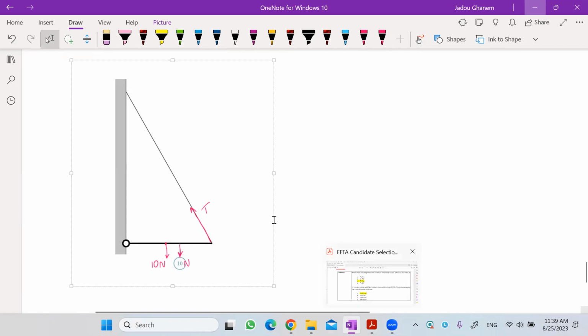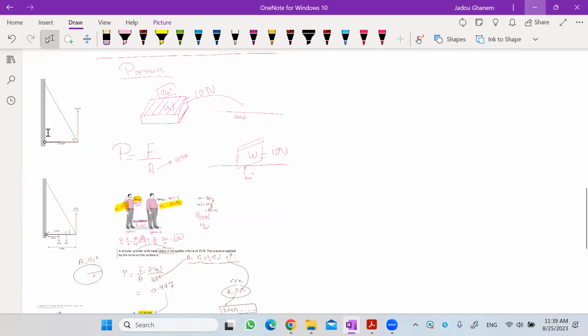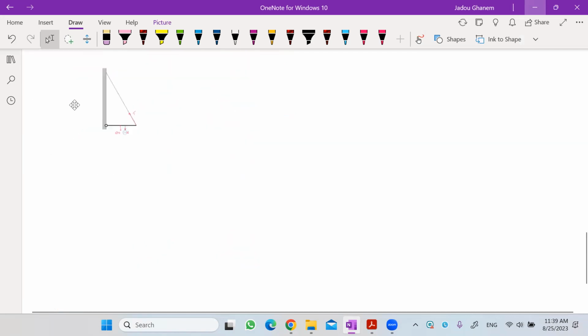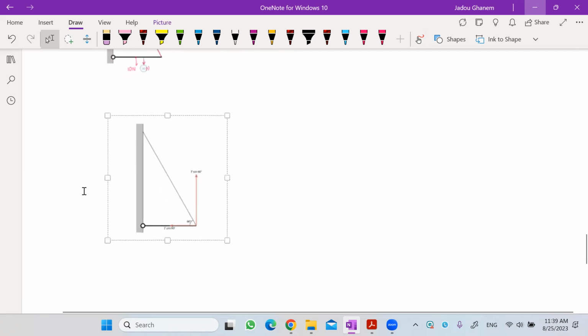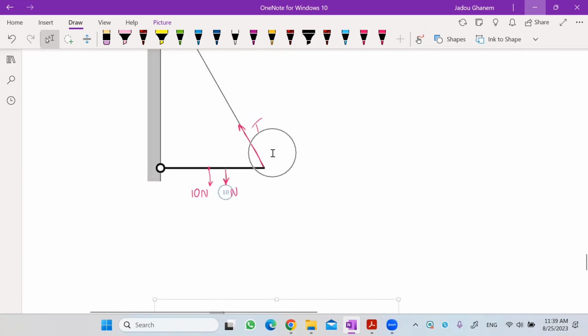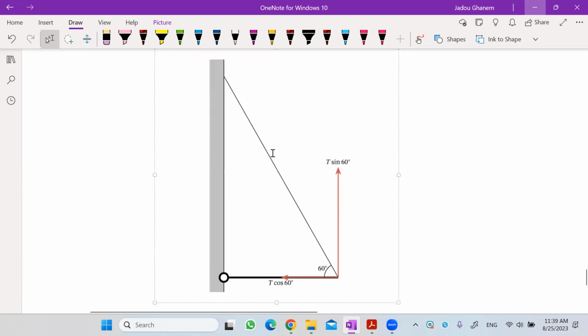Now, the new idea that we will start with, let me just first of all show this one. Here, the tension that we have shown in this wire is made up of two vectors, x and y. One of the vectors will be vertical and the other will be horizontal. We said that here there is no angle, so we do not use the sine. Here there is an angle, we use the cosine. You remember that? Yeah. Okay, great. Now let's move to the